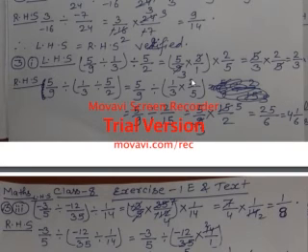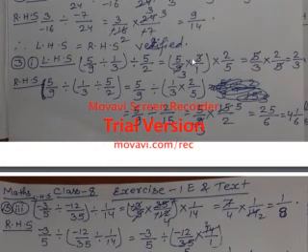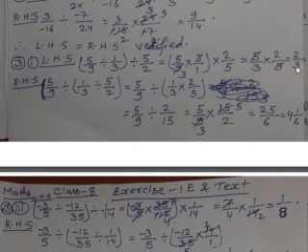You will see here, just see 5 by 9 divided by 1 by 3 divided by 5 by 2. At first I had done the bracket work. I had changed this divide into multiply. This denominator 3 goes as numerator, and this numerator 1 comes as denominator. 3 3 is 9, and we reduced this 3 and 9. So 5 by 3 into 2 by 5. 5 5 got cancelled, it came 2 by 3.